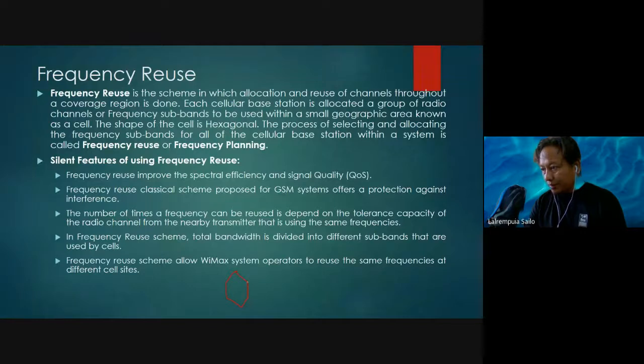Okay, this is the example of hexagonal. If you want to make it a cell, then here this is the center. If we put the tower at the center, and also here if we want to make another cell, then we can extend that to this, and also here we can extend that to another cell, and we can extend that to another cell again,